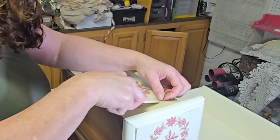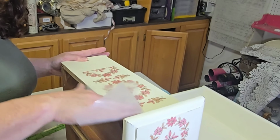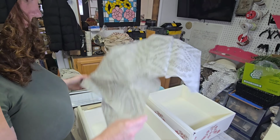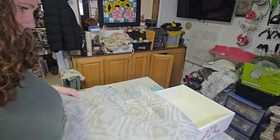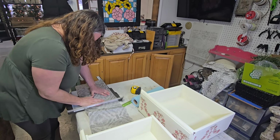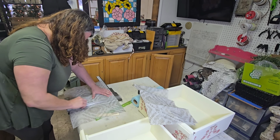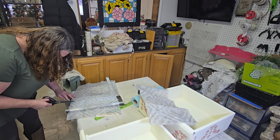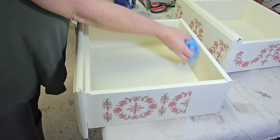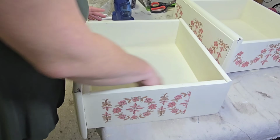Once I had all of my transfers applied, I moved on to adding a liner to the bottoms of my drawers. For that, I'm using this tissue paper by Redesign with Prima called Cerulean Blooms 2. This is actually the last piece of this that I had, so unfortunately I do not have any available on my website. But I went ahead and measured the bottoms of my drawers, cut out my pieces to size,